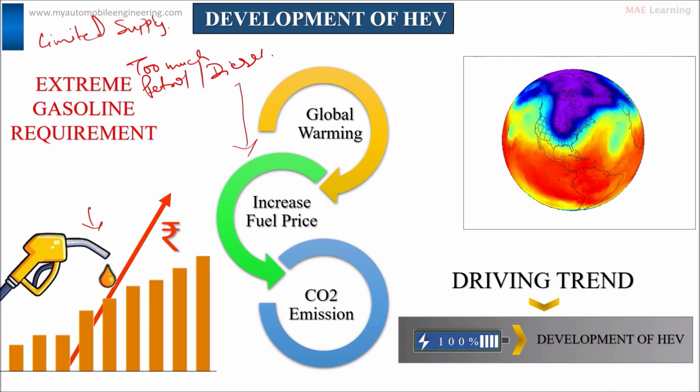Now if we talk about a real life example, imagine your family has a small kitchen gas cylinder that needs to serve 50 people instead of 5 people. It will finish very quickly, okay, and you will need to buy more cylinders frequently. That is exactly what happens with petrol and diesel in this world, okay. Now the second problem is what? The increase in the fuel price,